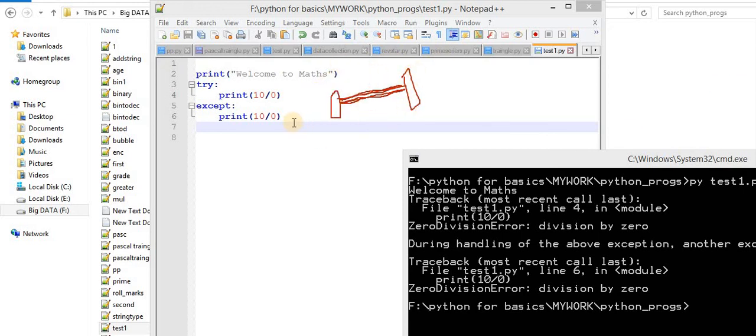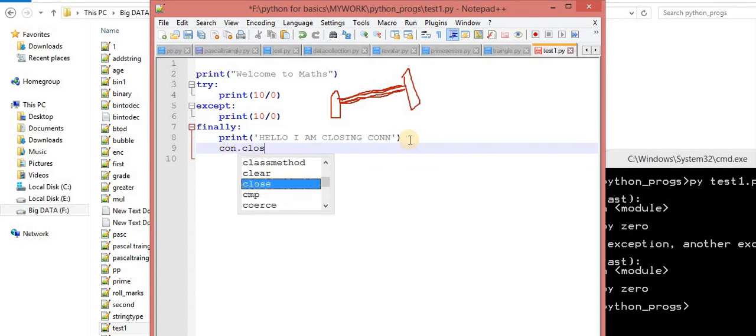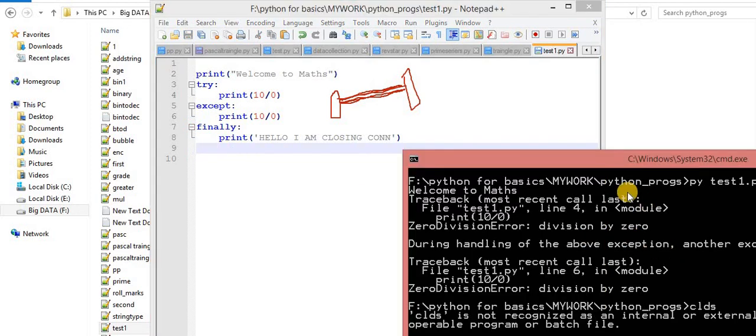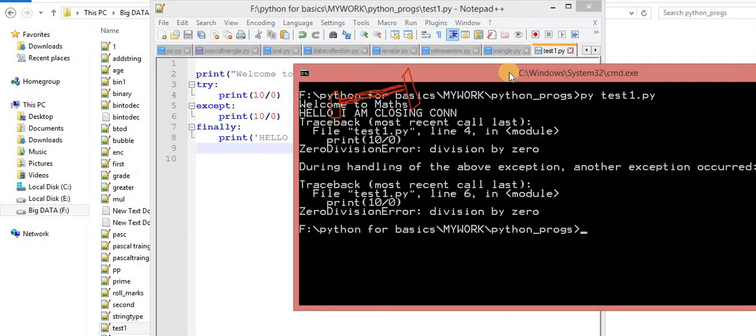Now what I want is, when I perform finally, I am closing all the connections. For example, just take a simple example, connection dot close. We will study this concept in upcoming days when we do database connectivity. Connection dot close means it's closing the connection, breaking this connection, whatever the execution is. This line will be 100% executed. Now for proof, understand this, I am executing this. Now observe this scenario.